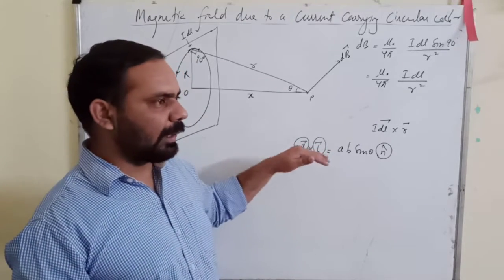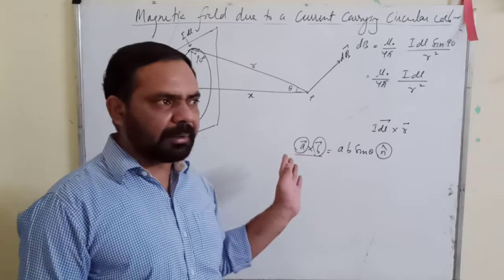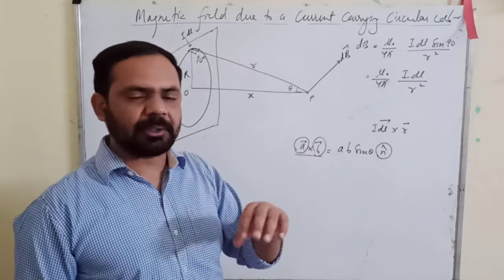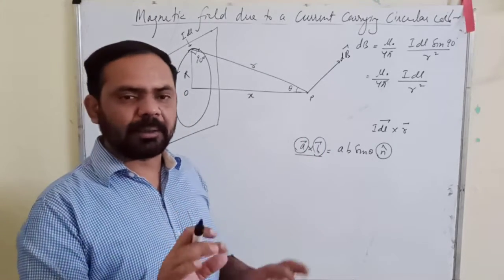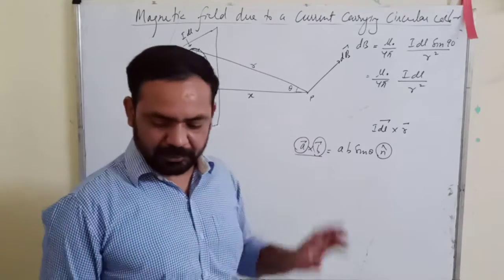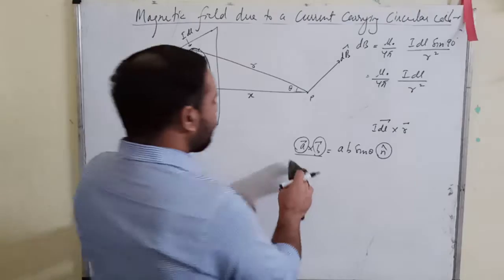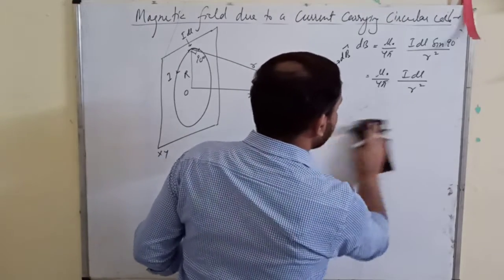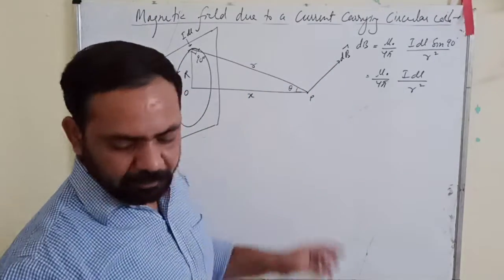Perpendicular, and it will be outward or inward. That condition will be obtained by right hand thumb rule or screw rule. But it has to be perpendicular to both the vectors, right? So it means here also this dB vector must be perpendicular to both I dL vector and